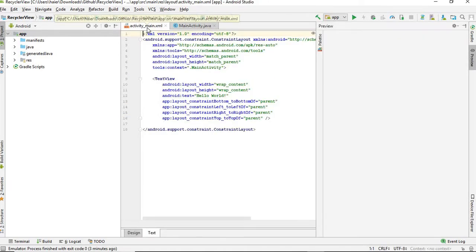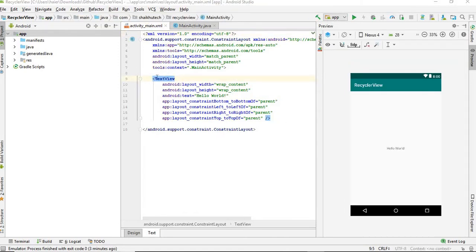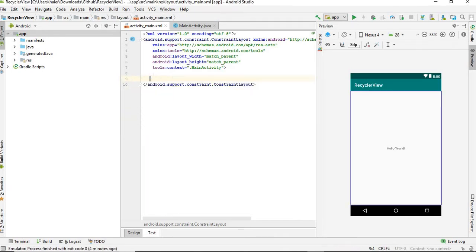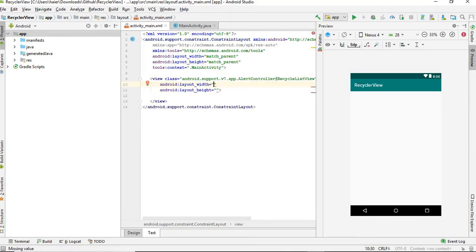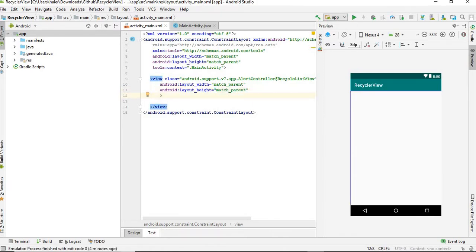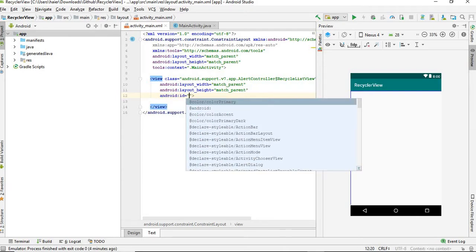So first of all, go to activity main XML and just remove this text view, and have a recycler view there. Make the width match parent. Okay, height also match parent. And next thing we need to have is its ID, for example,